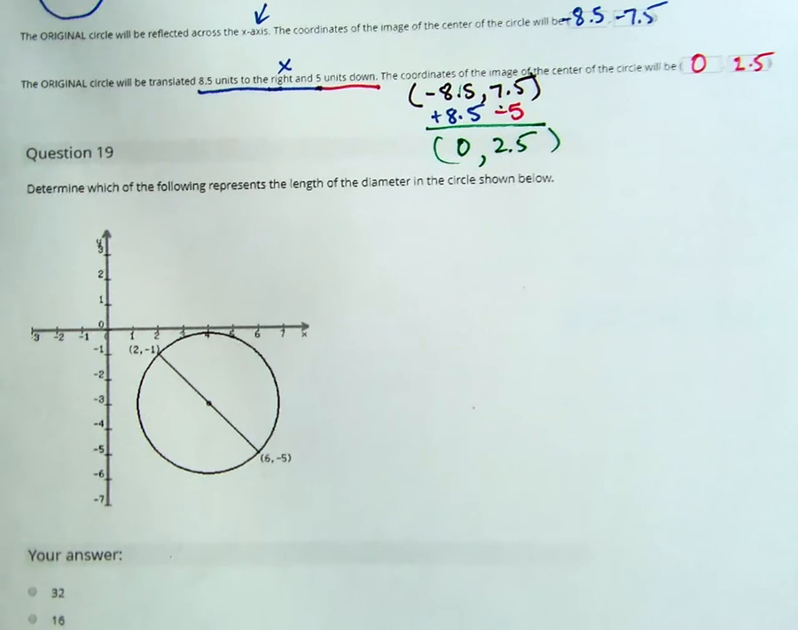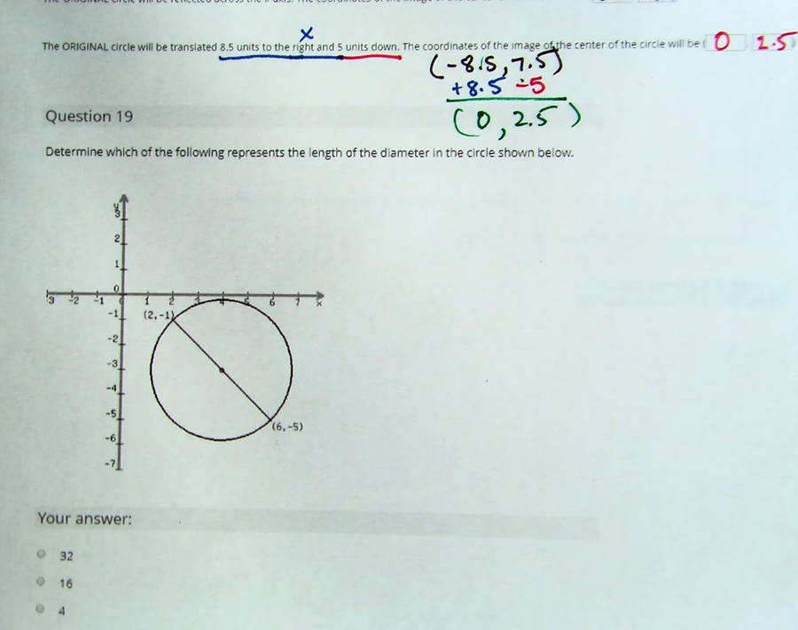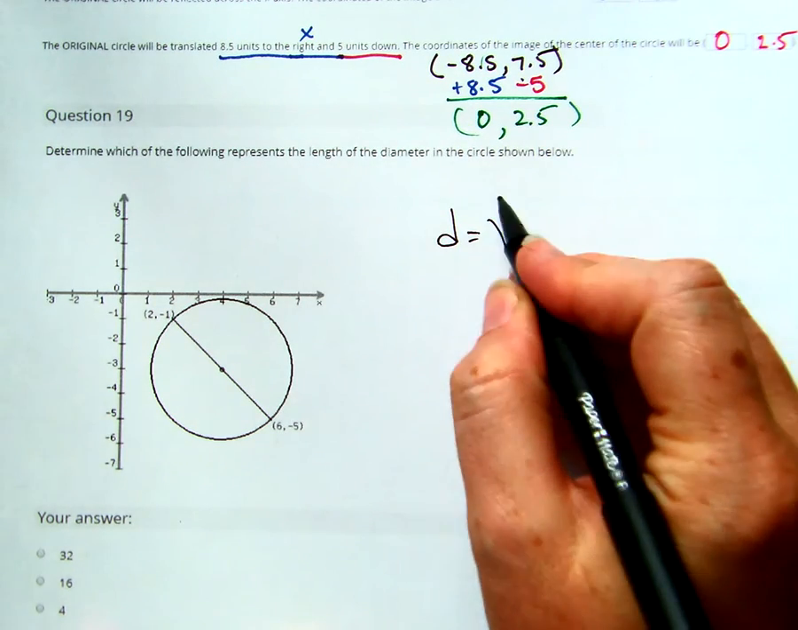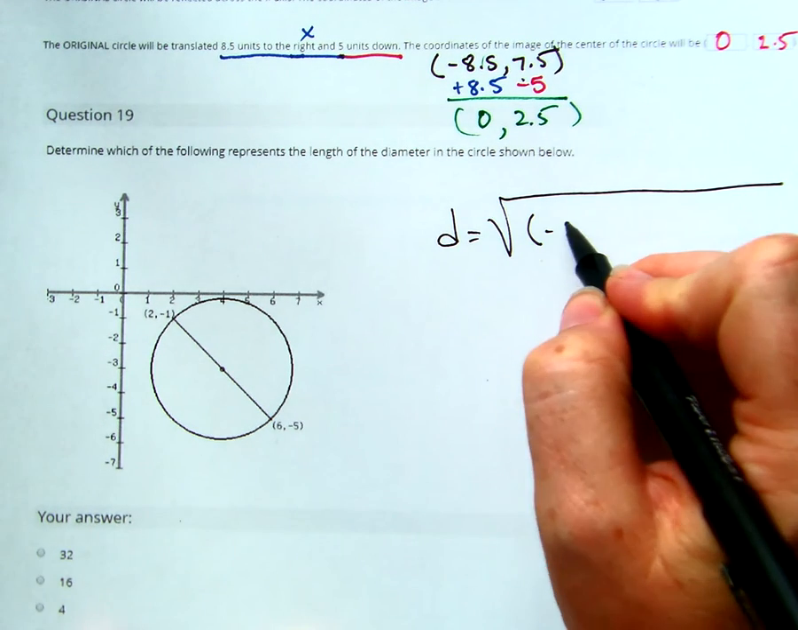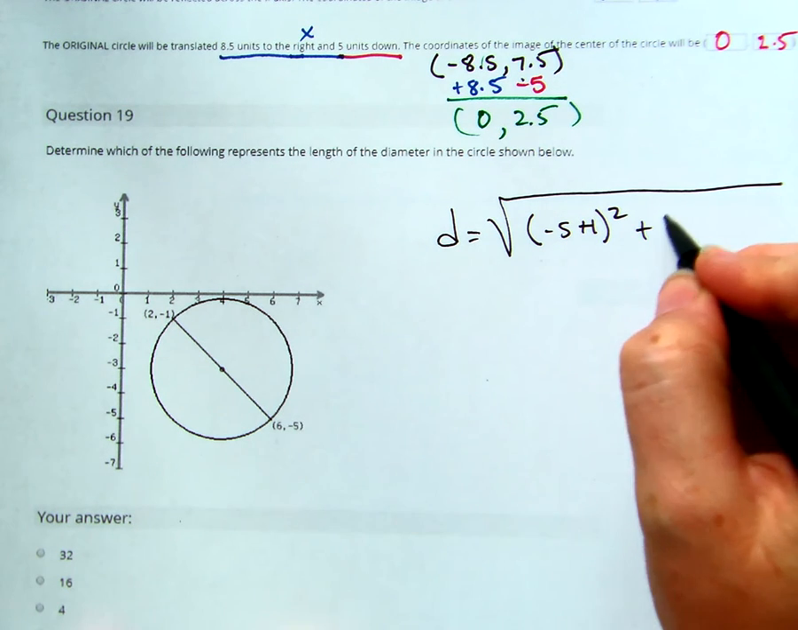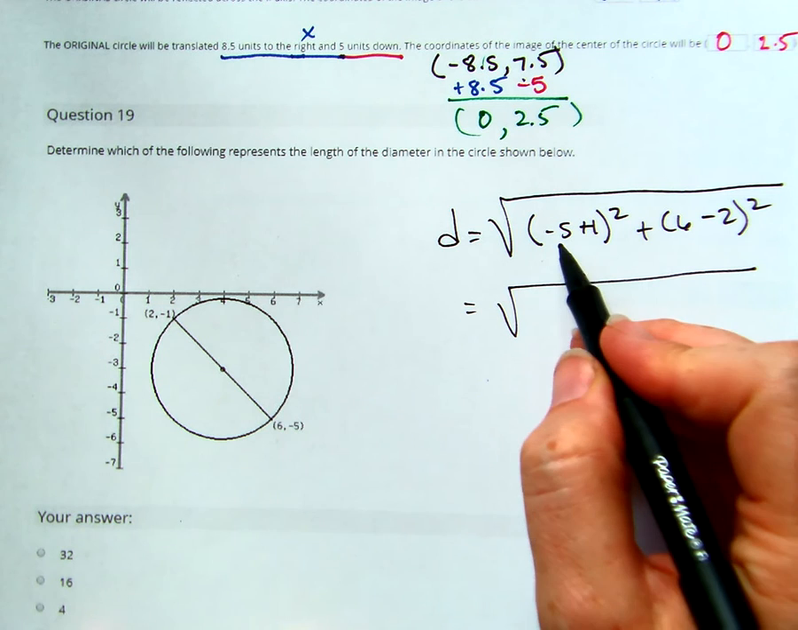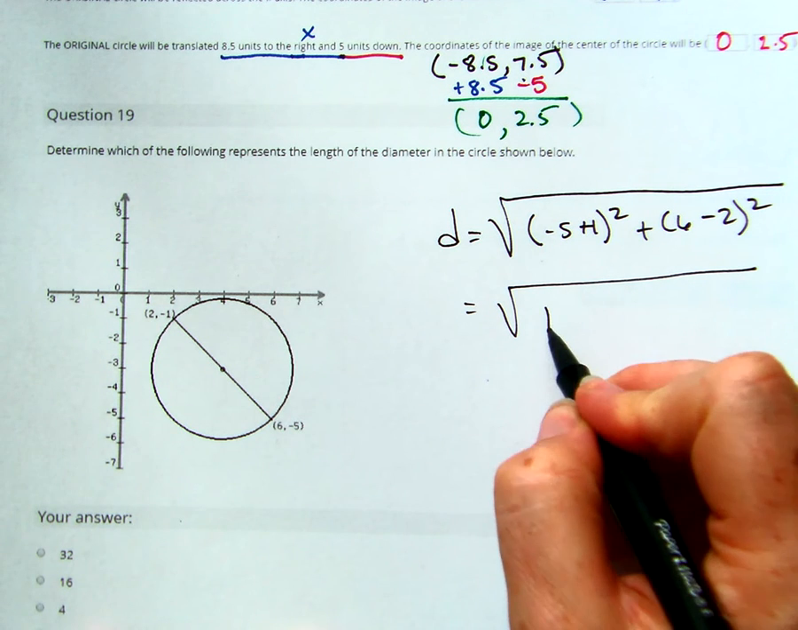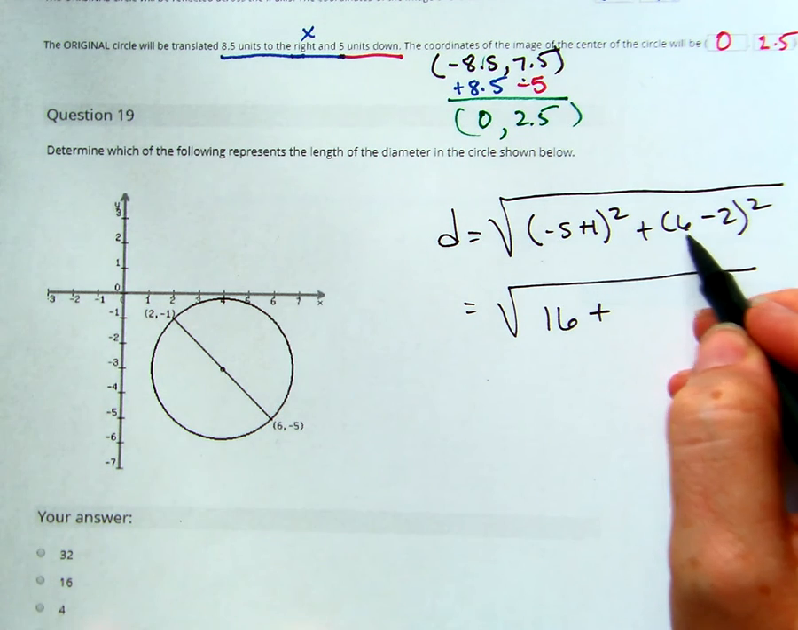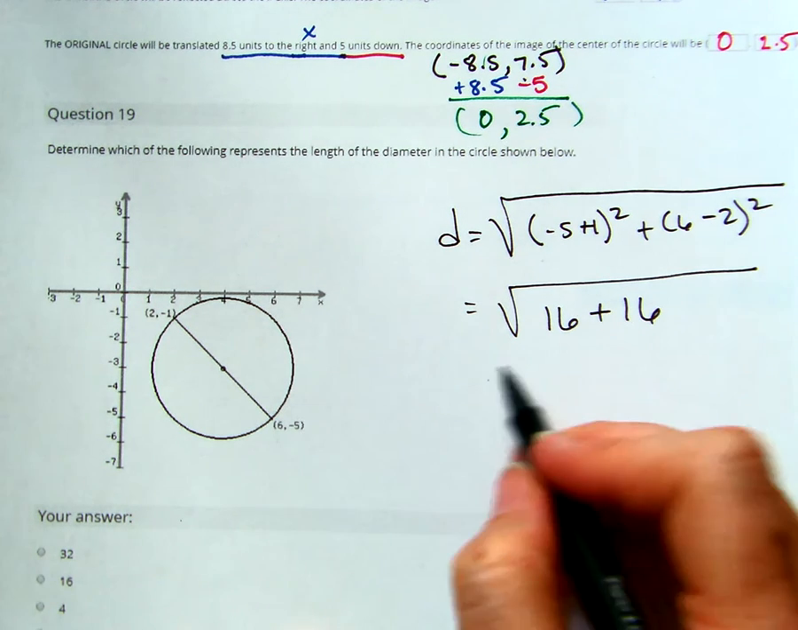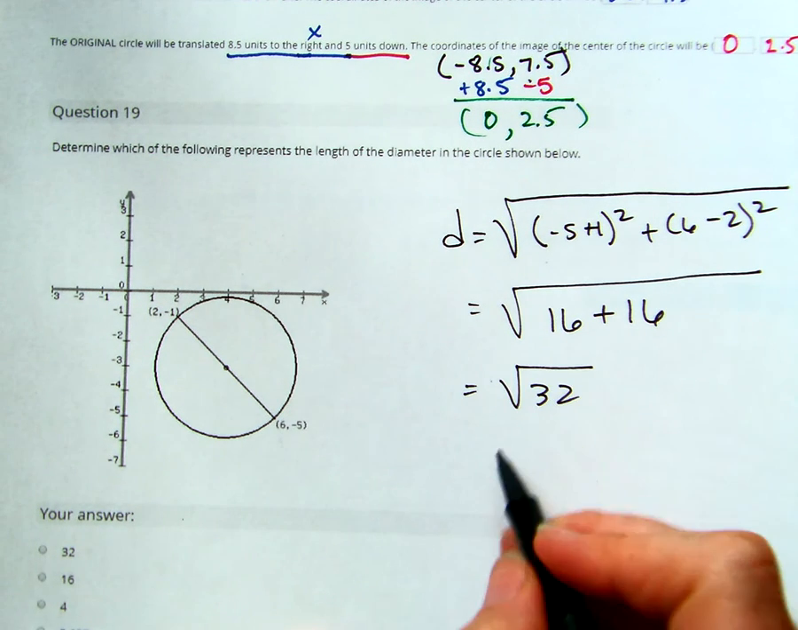Okay, question 19 says, determine which of the following represents the length of the diameter. So you've got some options here. You can do distance formula, which I think is the intent of the question, right? So if I do distance formula, that's the square root of x minus x squared plus y minus y squared, which is going to be 4 squared, or negative 4 squared, which is 16. And this is going to be 4 squared, which is 16. So this is going to be the square root of 32, which is